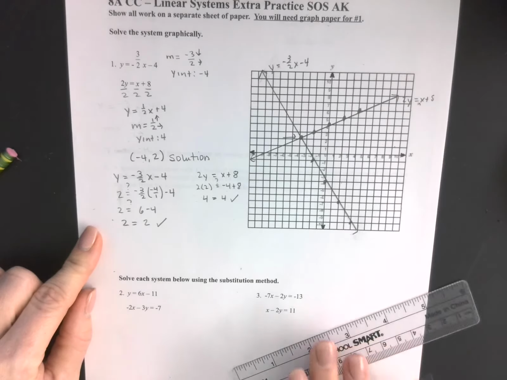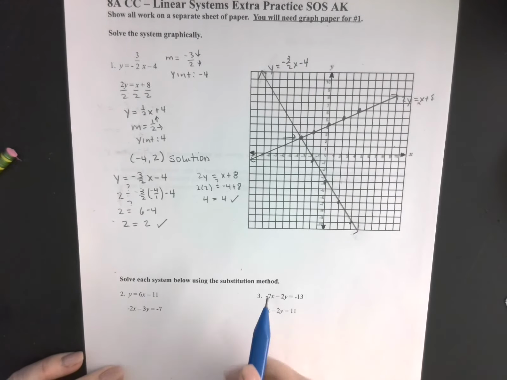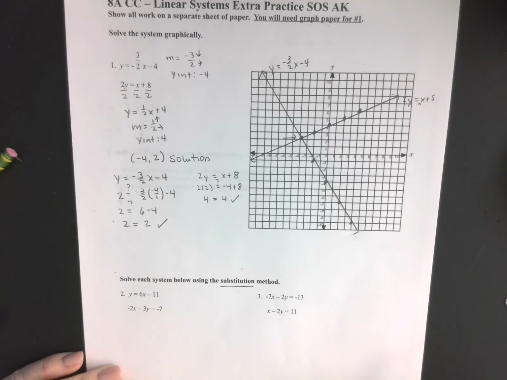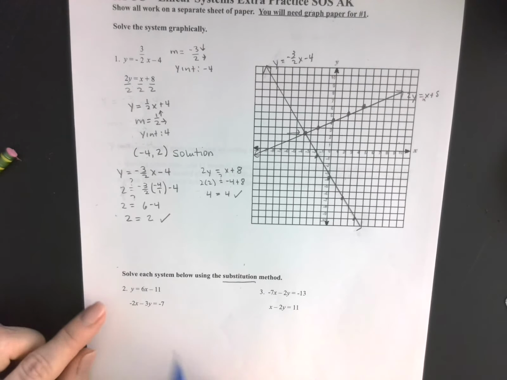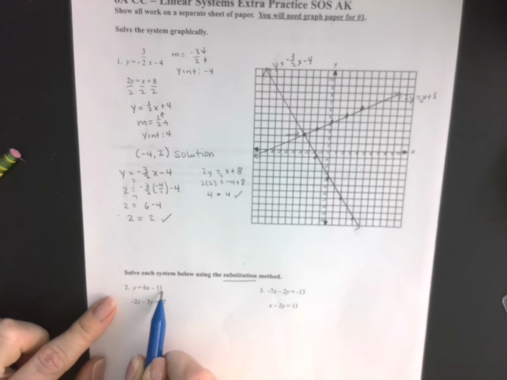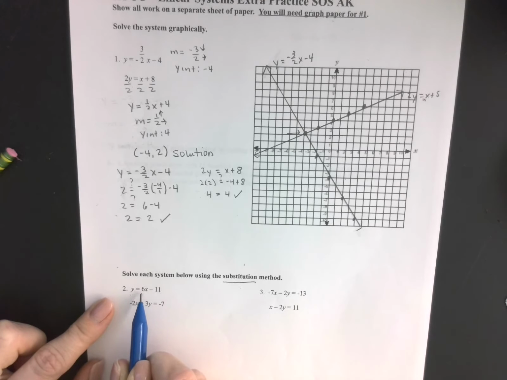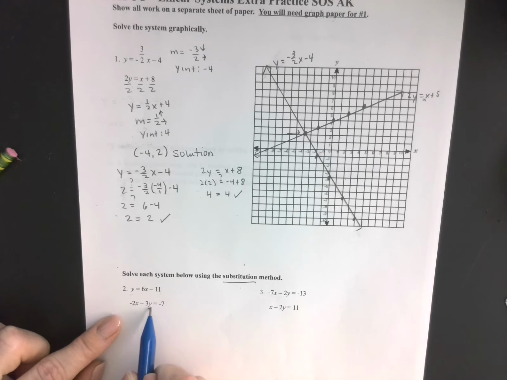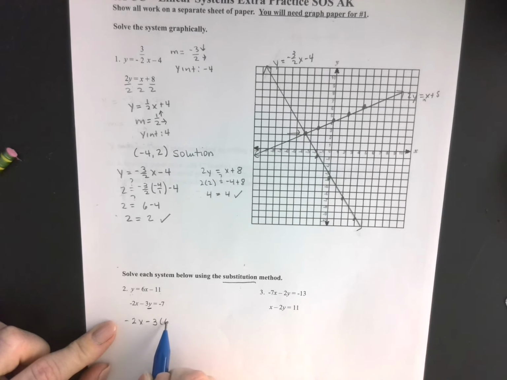Okay. For number 2 and 3, we're told to solve using the substitution method. Remember, we can isolate one of the variables. In this case, y is already isolated. It's equal to 6x minus 11. So we can substitute the 6x minus 11 into the next equation wherever we see a y. So we're going to rewrite this one as negative 2x minus 3 times (6x minus 11)